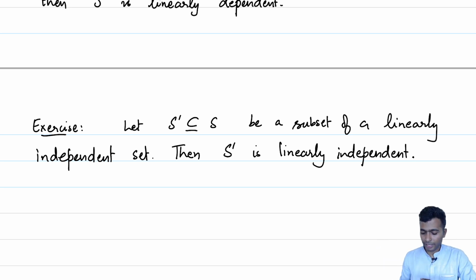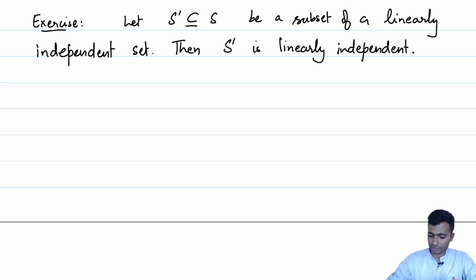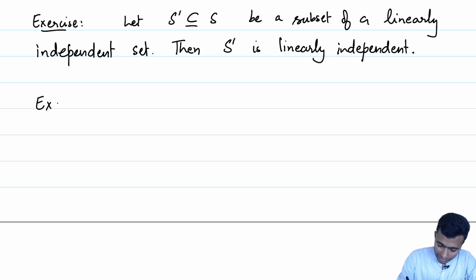Notice that we cannot make such a similar statement for linearly dependent sets. It could happen that the subset of a linearly dependent set is linearly independent. You should maybe think about getting hold of an example. Maybe you should think about it now before you listen to the next exercise.